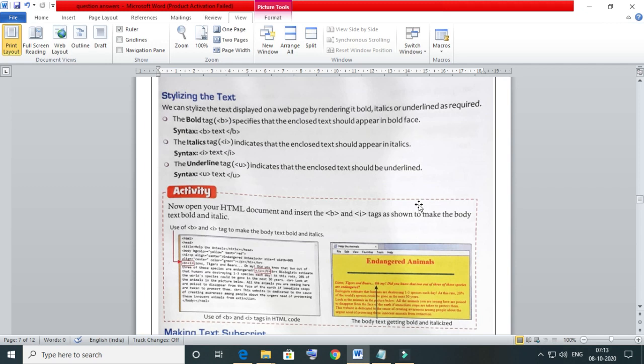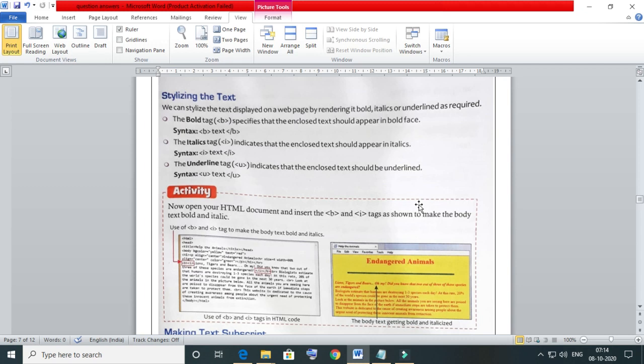For bold, the opening tag is B within angular brackets and the ending tag is slash B. The italics tag starts with I within angular brackets and ends with slash I. For underlining, start with the U tag and end with slash U.